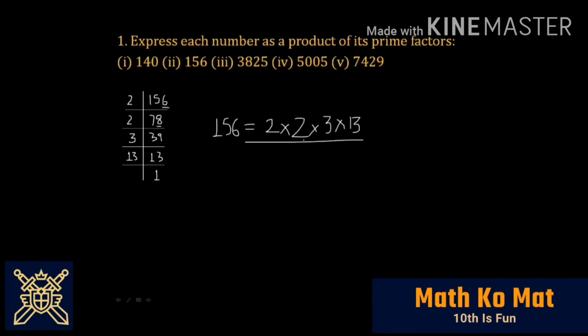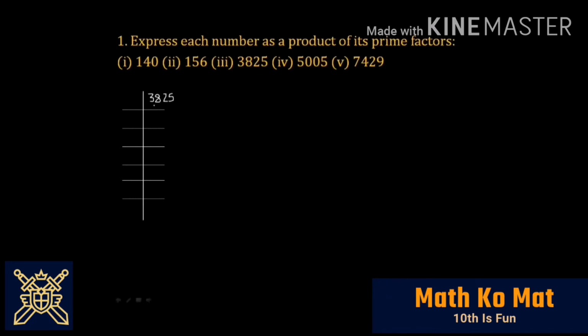Now let's move on to the third part. So here we have 3825. As you can see at the last, 5 is there, so we'll divide it by 5 first. So 7 5s are 35. So 3 was the remainder here. 3 and 2 is 32. So we'll divide by 6. 6 5s are 30. 2 would be the remainder. And at the last 5 is there, so 25 would be the number, and 5 5s are 25. So we have got the remainder and quotient. Quotient would be 765.